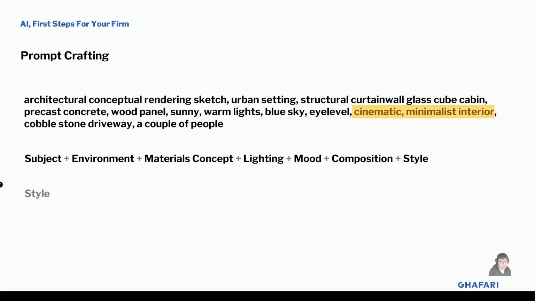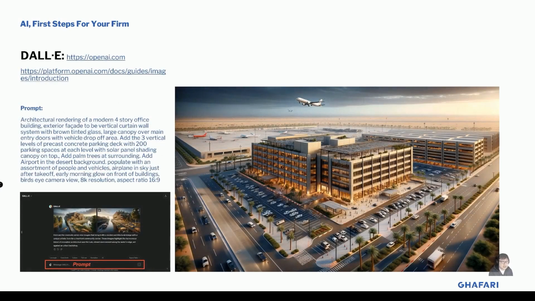The first engine we started exploration with was DALL-E, and this is the prompt we used for this image. Since this was the first engine we tried, we elaborated our prompt and tried to give as many details as possible. So as you can see, there are a lot of detailed descriptions in this prompt. We wanted a rendering of a 4-story office building with the exterior facade to be a vertical curtain wall with the